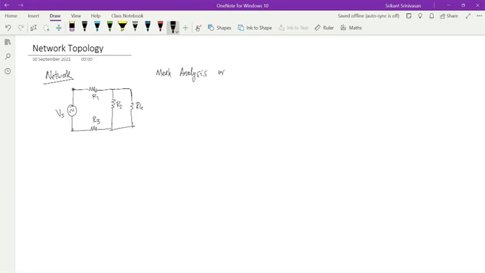or loop analysis, or node analysis. Where this comes from Kirchhoff's voltage law, this comes from current law. Okay, any one of these can be used to find out what are the values of voltages and currents. I can first define that there is some current I1 in this, and then I can say that there is some current I2 over here. That is one way to do it.